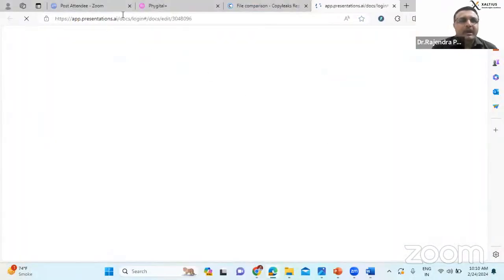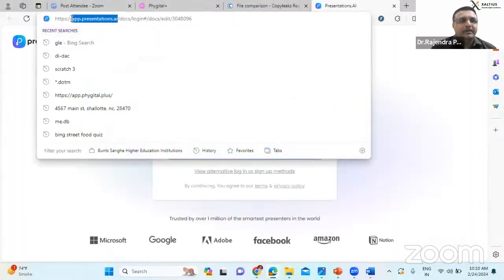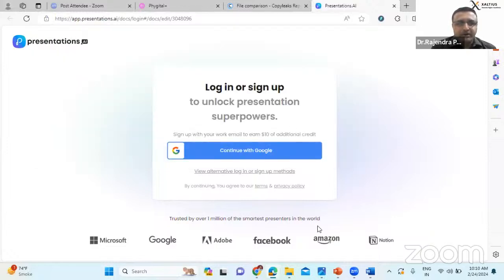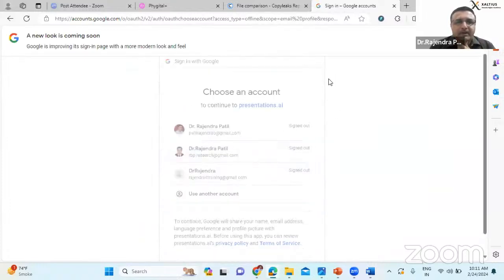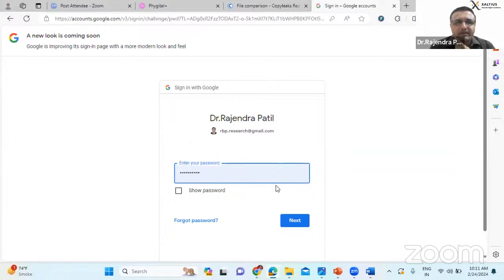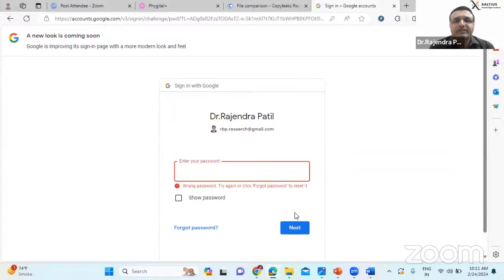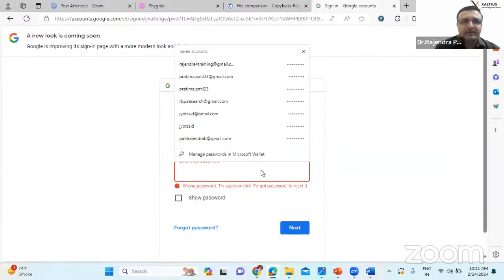So let's go to app.presentation.ai. I'll share this link with you all. But first pay attention to how you can design your contents. Okay, I'll try to log in with my own Gmail ID, but there are no credentials available at present.